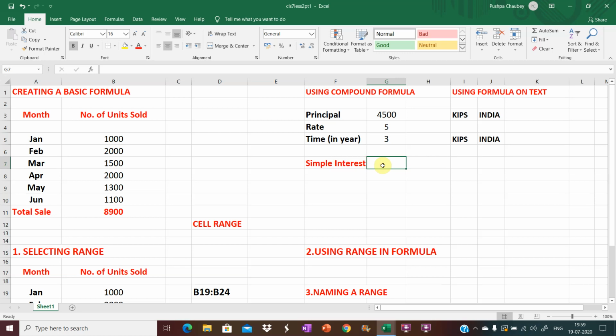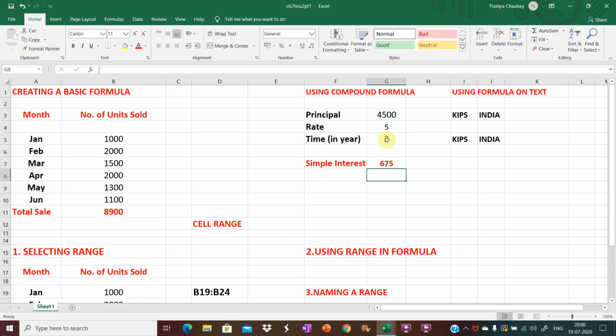Type equal to symbol. Click on cell G3. Address is added here. Type multiplication symbol here. Click on cell G4. Again type multiplication symbol. Click on cell G5, and type /100.